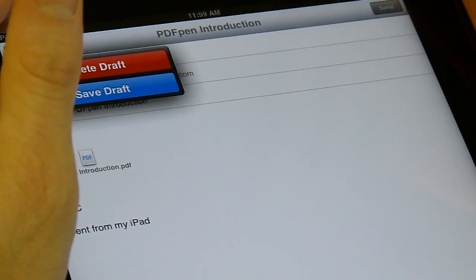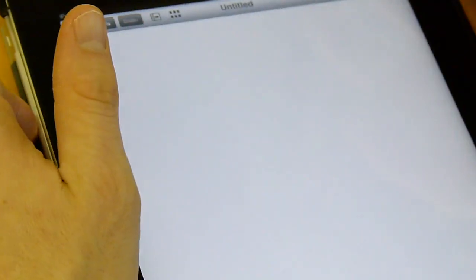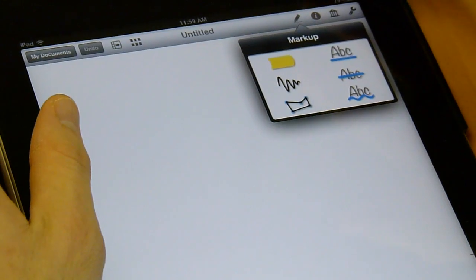Oops, didn't want to save the draft. Okay, let's create a new one. Just to show you how simple it is. I'm not going to take a lot of time doing that. You can obviously do different things. We'll just call this a